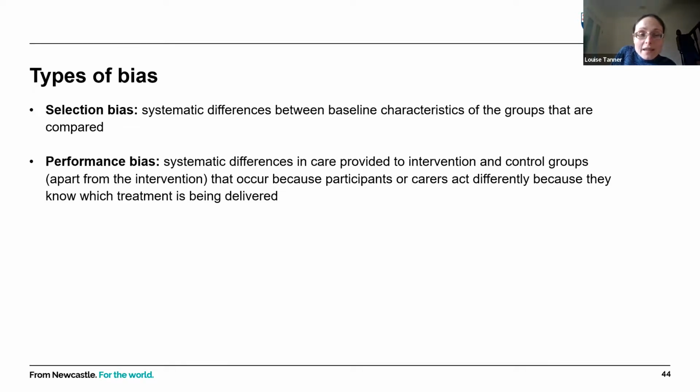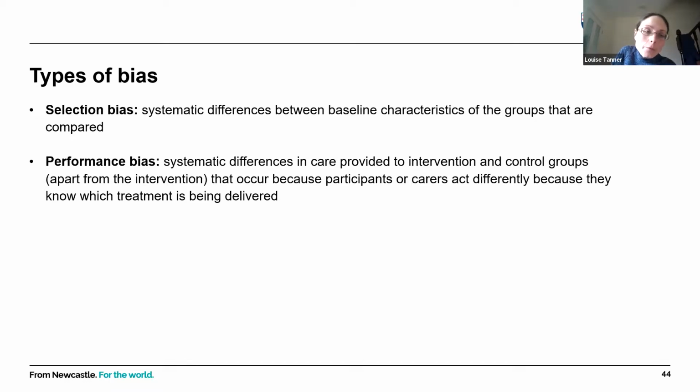So in the example that I gave, if you want to assess the effects of a drug on a particular health outcome, and you give the intervention group the drug and the control group the placebo, but you don't tell them which group they're in, if they guess which group they're in, then that can influence their behaviour in a way that could influence the outcome. I won't give a specific example because we're about to do an exercise where I want you to guess the type of bias. I'm going to give you some examples and you've got to guess which type of bias would be applicable.